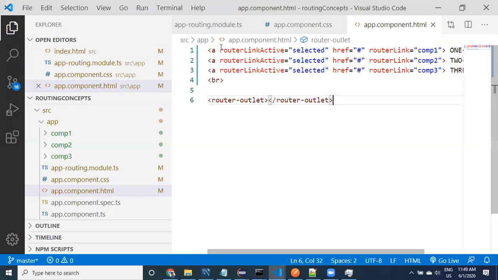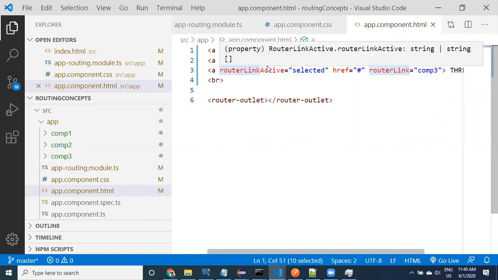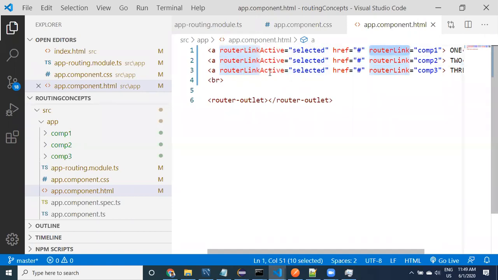See here, guys, remember router link active. Apply router link active for every router link, so that automatically, internally, whichever one is activated gets applied with the CSS that you have provided.